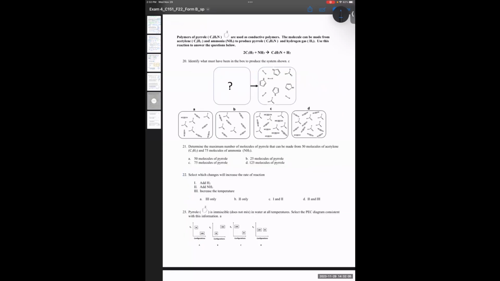All right. So question 20: identify what must have been in the box to produce the system or the initial state. Let's go with nitrogens first. That's the easiest thing to do because we only have 2 of them. This is a counting game. The numbers should match. We have 1, 2, 3, 4, 5, 6 nitrogen atoms in the final state, meaning